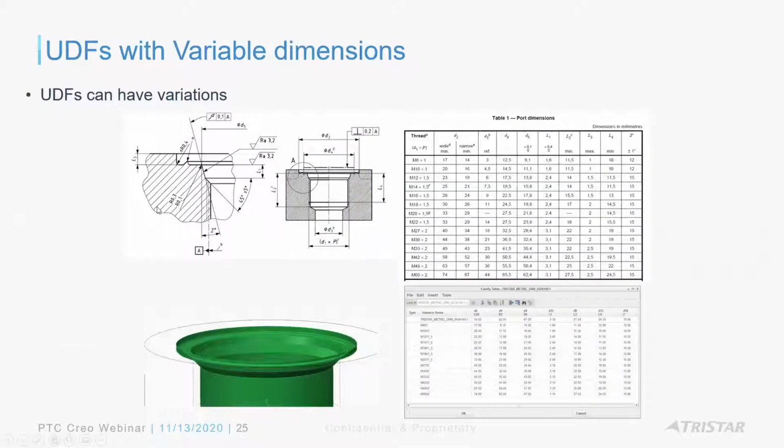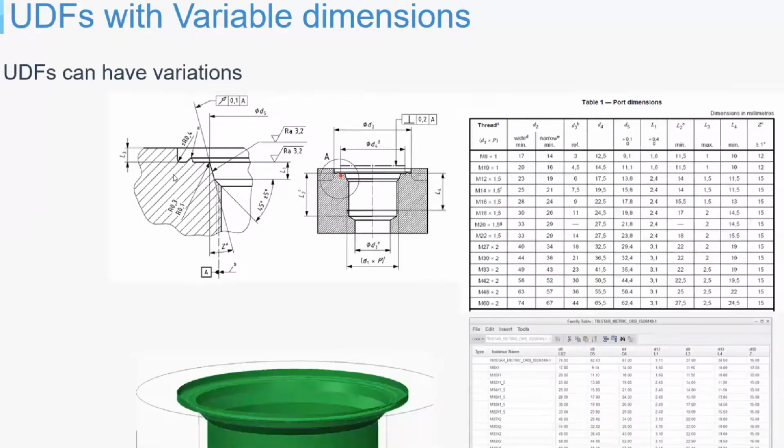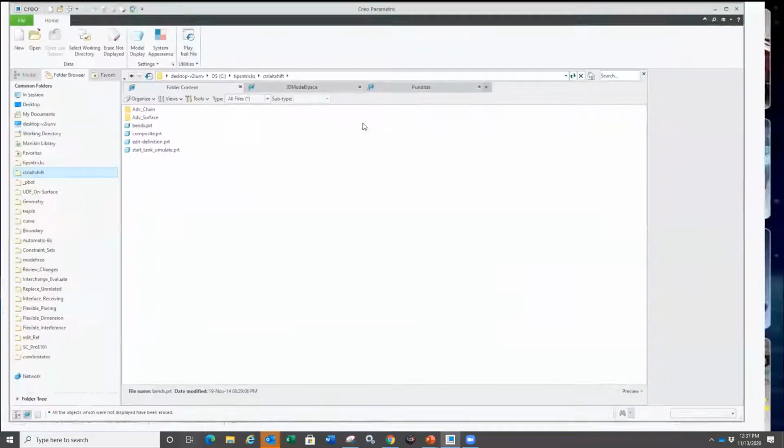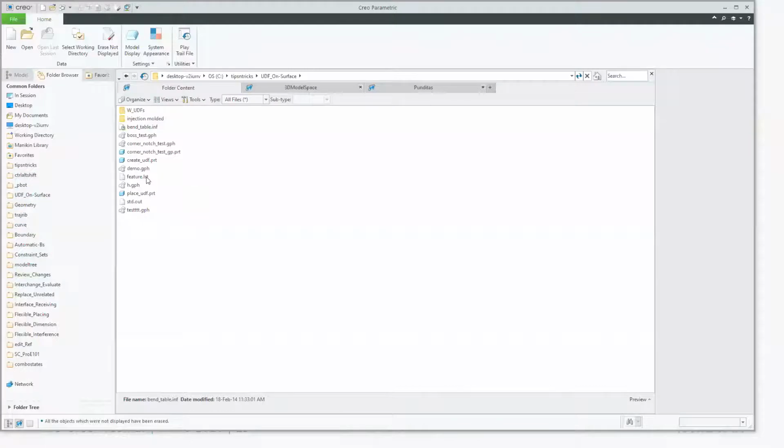Here's another use case, for an SAE port like this, with so many different dimensions I may have. I don't want to be creating a revolve feature every time, and it would be nice to have a UDF drive that port, for example. So let me quickly go through a couple of examples on UDFs before we move on to the next topics. For example, I'll open up this